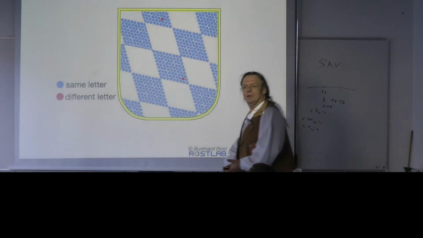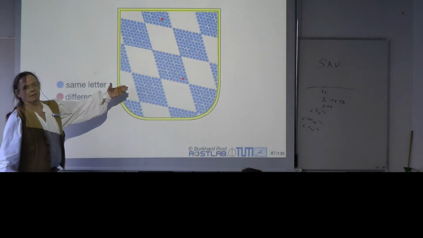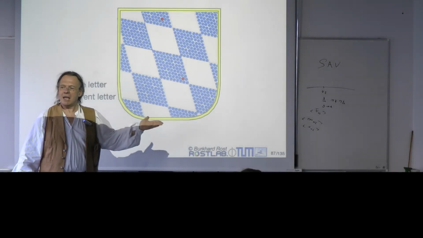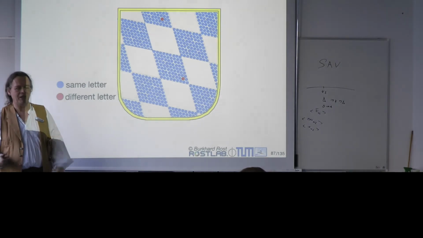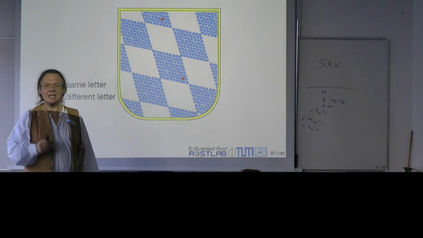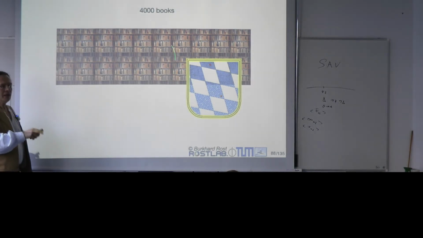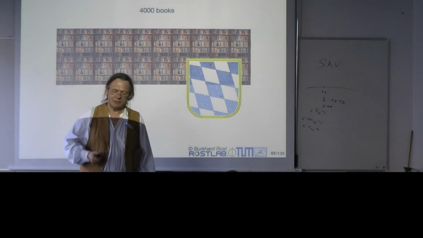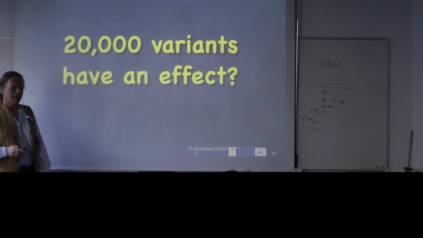SNP is no longer arms. The blue ones, you and your neighbor have the same amino acid. Red ones, you differ. Well, what does it translate to? Actually 20,000. So in every single protein you have a difference, on average. That's one way of thinking about it. Now this, you may say, is not a lot, but don't forget this entire library, we are talking about germline. The genome is the same for my 37 trillion cells. The library is the same.